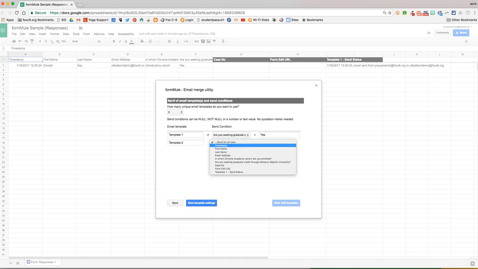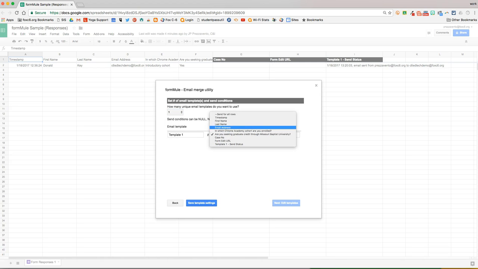I'll go to template 2. If on that same question, they select no. So if they say yes on are you seeking graduate credit, they'll get an email probably with something about the graduate credit. And if they say no, I'm not seeking graduate credit, they'll get an email that has nothing to do with the graduate credit. So it's customized for whatever they select. But like I said, in this example, we just need one template, and we're going to send it for all rows. So now that I've saved that, I'll go ahead and hit Save Settings, and hit Next to create my